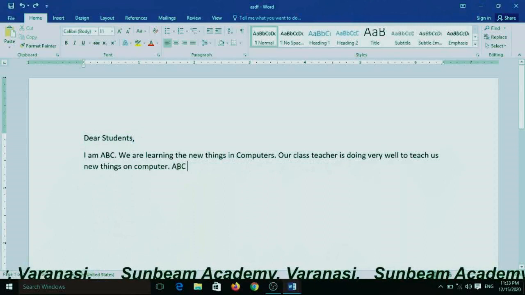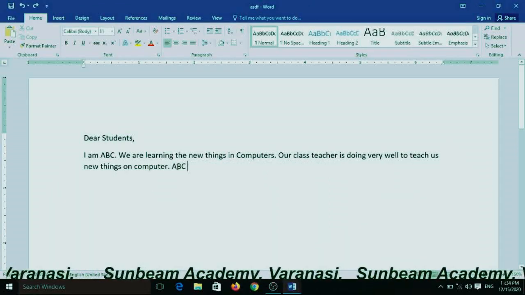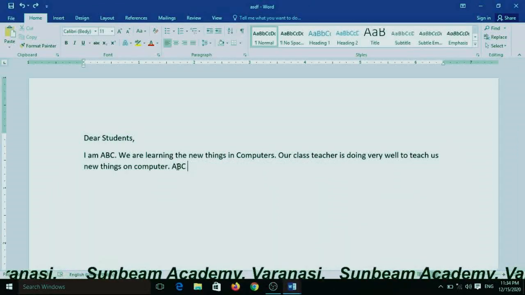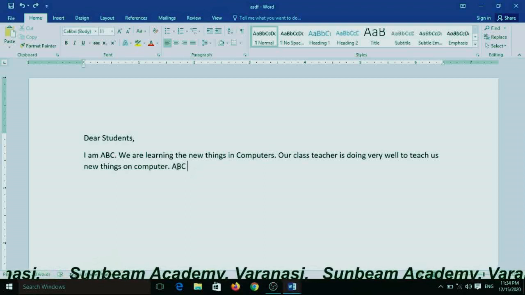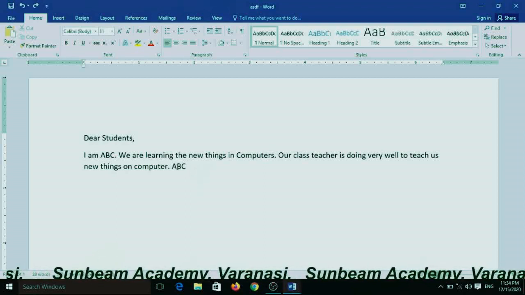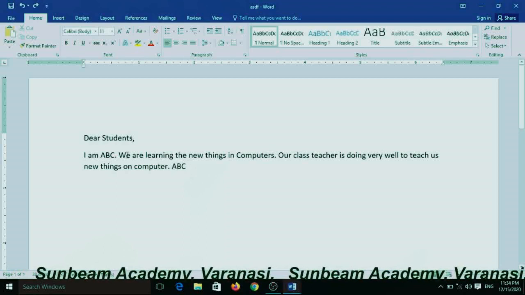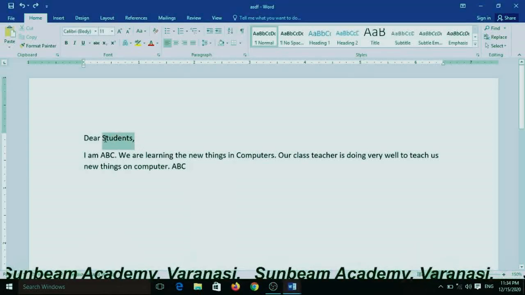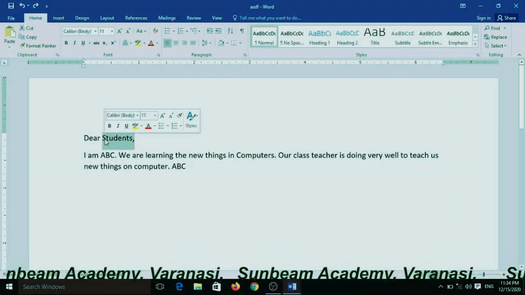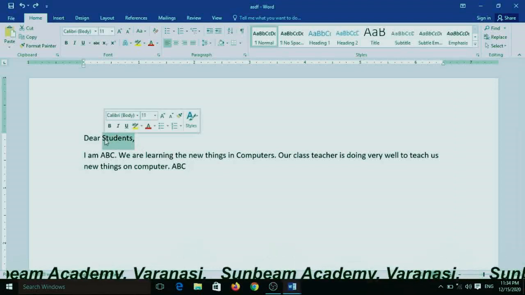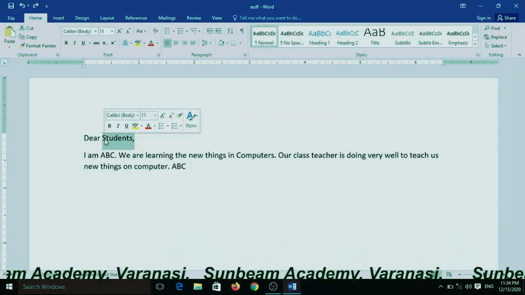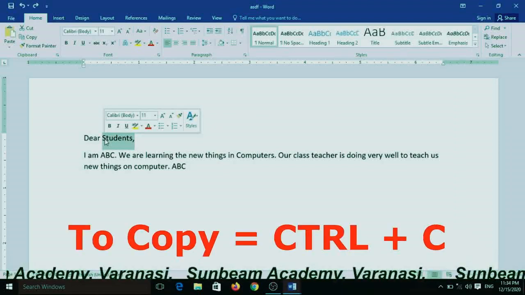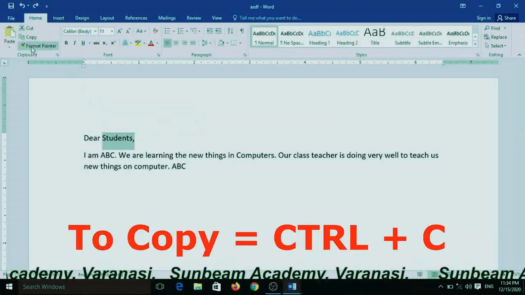To copy and paste text, select the text which you want to copy. I want to copy this student's text here, and then click the Copy command on the Home tab.